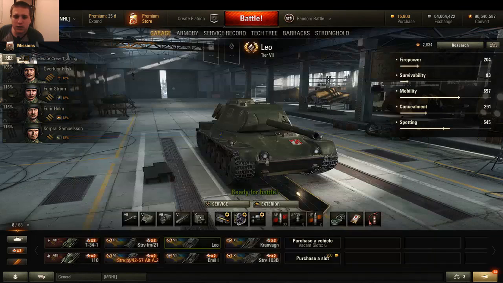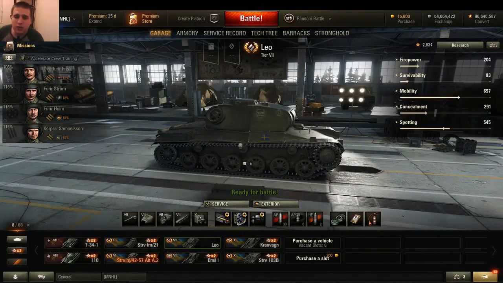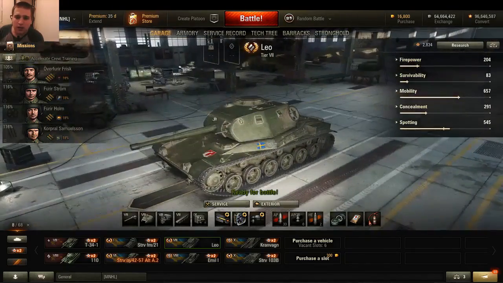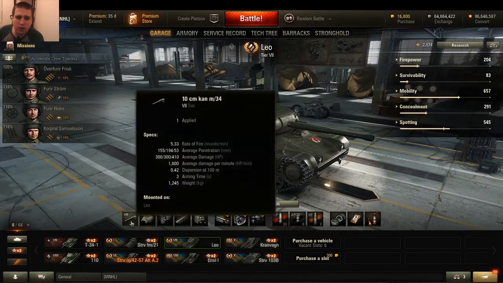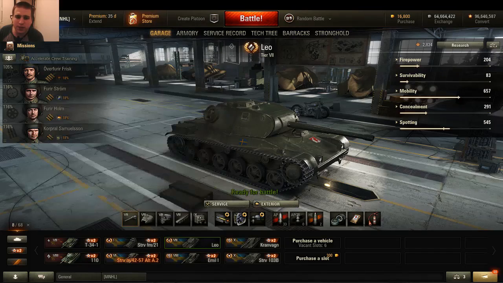So yeah, that's just my opinion of the Leo Tier 7 Swedish medium tank that is in the game now, and how I'm going to play it when I unlock it. Your mileage may vary, you may prefer the more rapid firing 75mm gun rather than the 100, but let me know what you think